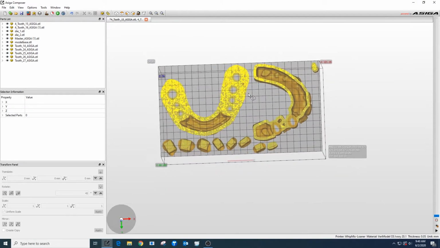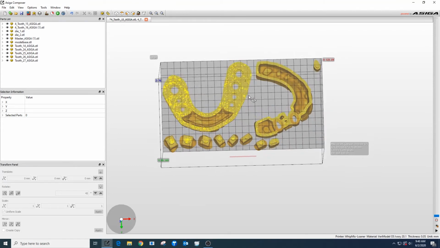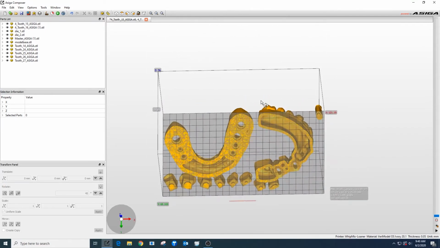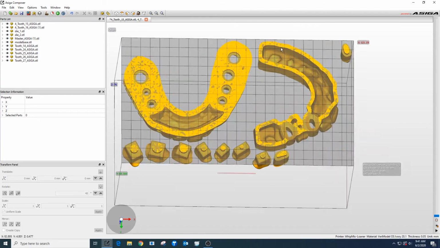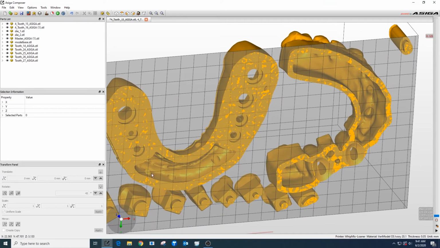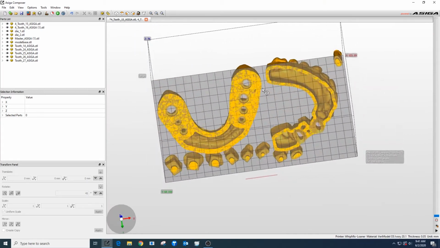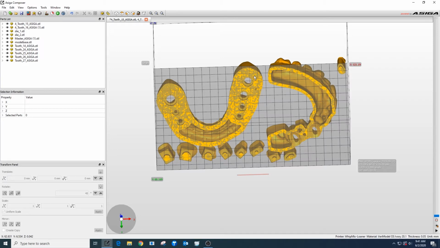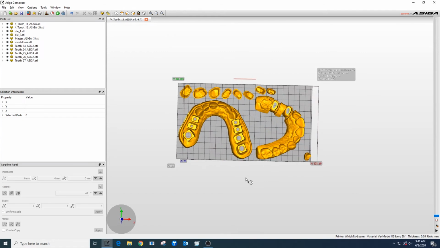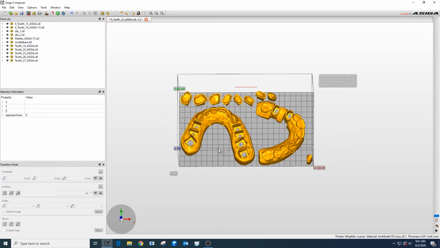If we look at it from a bottom point of view, we can see when I do this slight rotation, it's like this marbling camouflage effect. This is actually a sign that the objects are touching the build plate. I can print models with them touching the build plate. That is no problem at all. However, if it's a hollow model, you do want to make sure that the actual models have these portholes on them if you're going to be printing them to the build plate. If you are not, then you will want to place them on supports. Now, anything that has a flat surface you can print to a build plate like a model, but for example, surgical guides, dentures, splints, castables, RPDs, temporaries, those will all need to be printed off the build plate and